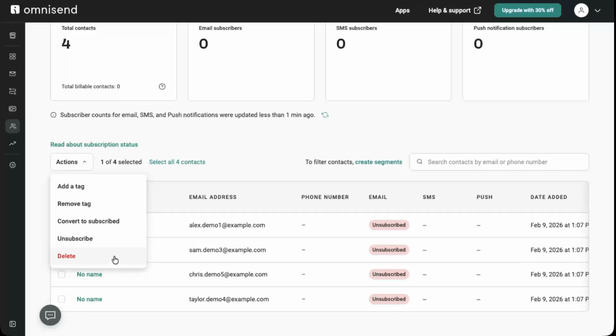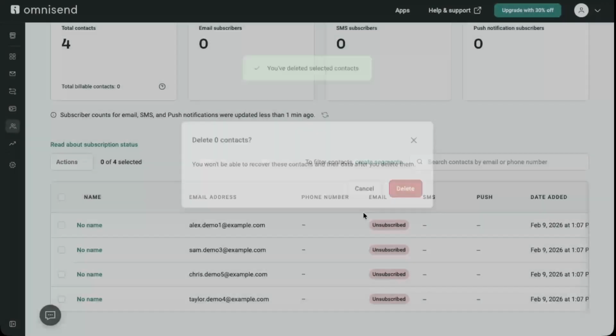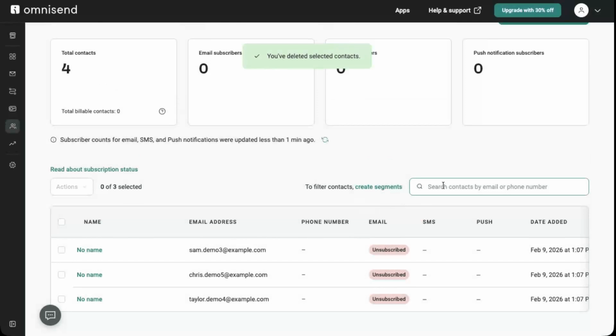Omnisend will now ask you to confirm that you really want to remove this contact. This confirmation step is there to prevent accidental deletions. To finish the process, click on Delete again to confirm. Once you do this, the contact will be removed from your Omnisend audience. They'll no longer appear in your contact list, and they won't receive any future campaigns or automations from this account. And that's it. You've successfully